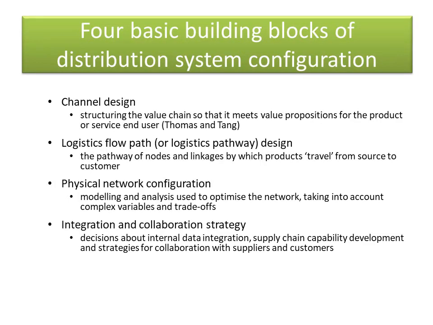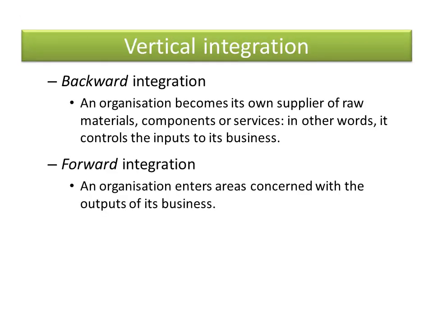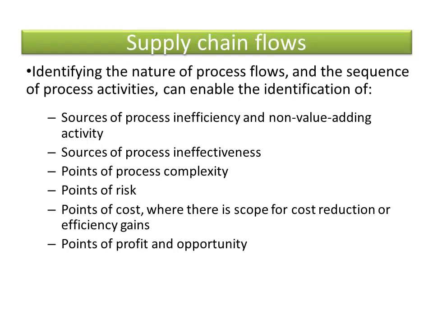We need to consider the channel design in logistics, the flow path, the physical network, and the integration and collaboration strategy. That looks horrendous, but it's pretty much part of the case study as to how to configure the logistics networks for these housing complexes that are in big cities. We can integrate with our suppliers, we can integrate forwards, we can integrate backwards, and we need to identify process flows, and certainly their production process is not fit for